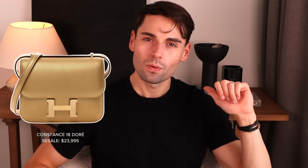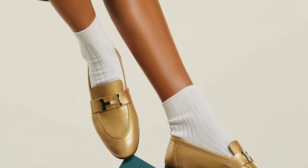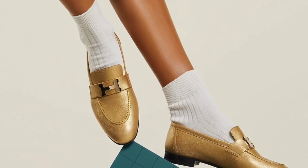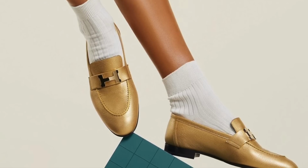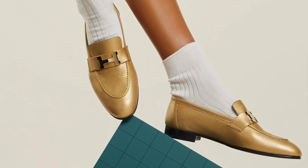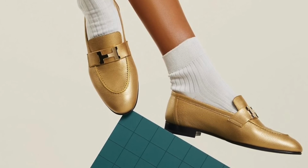So we have the mini Constance that's been out for a couple of years. We have the mini Kelly that is supposed to launch very, very soon. And then I think we also have the Paris loafers in this new Doré color, which is cute, but I would personally opt for either the Jackie or the Jane belly flats over the Paris loafers. But if you're a big fan, the Paris loafers are out now, and if I'm not mistaken, they are